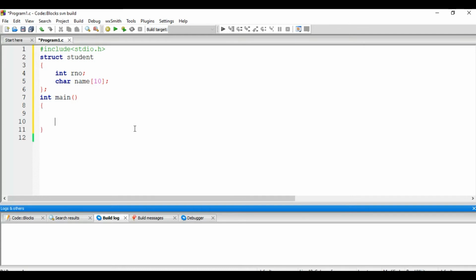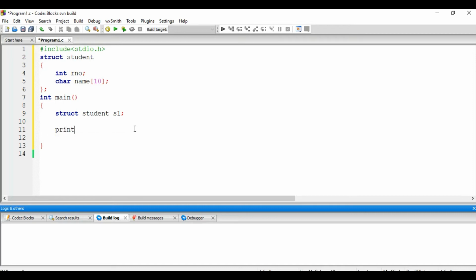Our definition says we need to store roll number and name for a single student. So I want to create a single student. To create a single student, struct is the keyword, then the structure name is student, and for one student only, I am creating S1. Now to receive S1's roll number and S1's name, we will use printf and scanf statements.